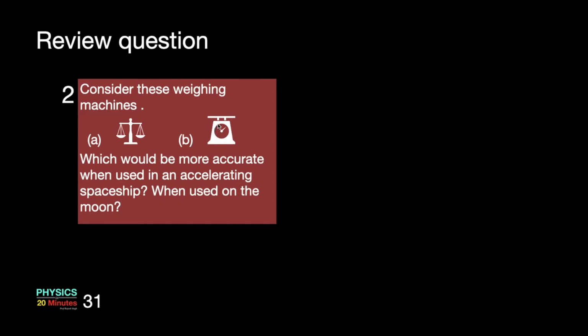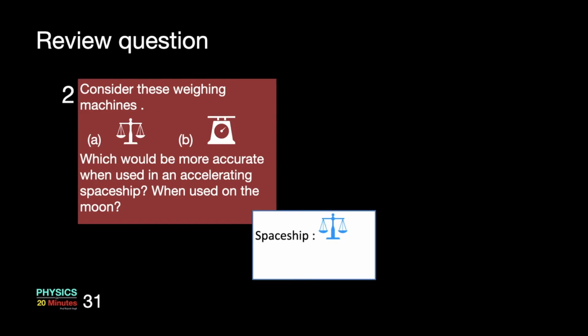In this case, if you are on the moon, the acceleration due to gravity is fixed, so you can always calibrate it accordingly and get the weight perfectly. If you are on the earth, again you can recalibrate it. But if you take a spring balance in the spaceship, the spaceship may accelerate differently at different times. You cannot recalibrate it all the time for different accelerations. This will practically not give you correct readings. So this goes for the spaceship and this goes for the moon.